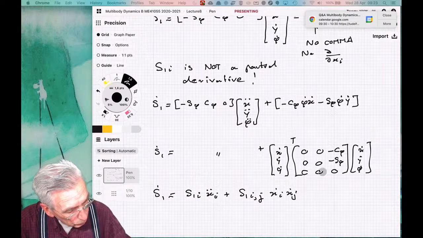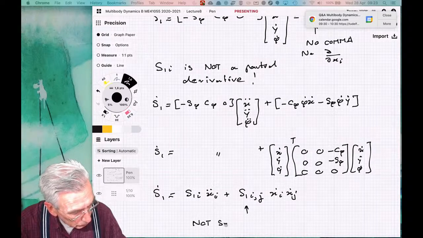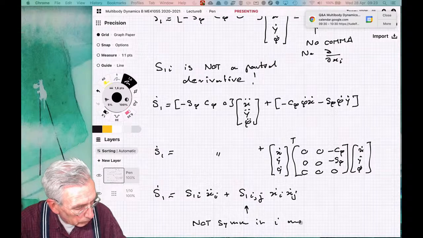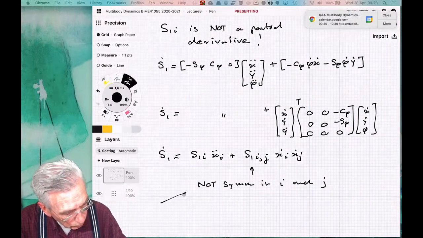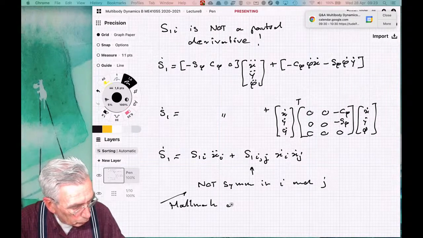Now note, if you look at this, and note also that this is not symmetric in I and j. And actually this is what we say is the hallmark or fingerprint